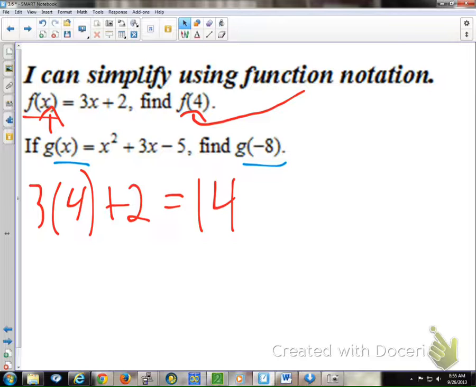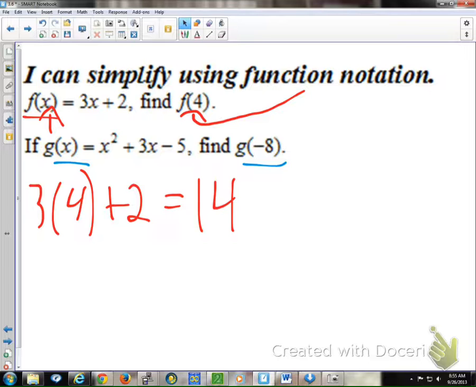Where did you get 14? We plugged 4 in for the x, which gave me 3 times 4 plus 2, which was 12 plus 2, which is 14. Well, what happens to the F? It was substituted out. Imagine I asked you to graph this line, slope of 3, y-intercept of 2. And then I said, if you graph that line, what's the y-coordinate at x equals 4? That's what it's asking: what's the y value when x is 4? So we just plug it in. The F is still there. We just substituted something in for it for one brief moment.